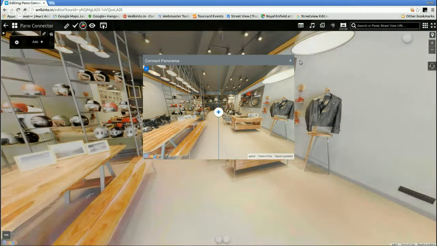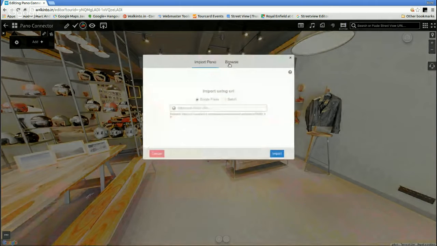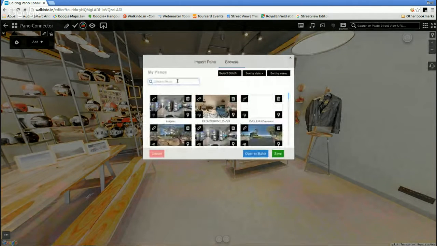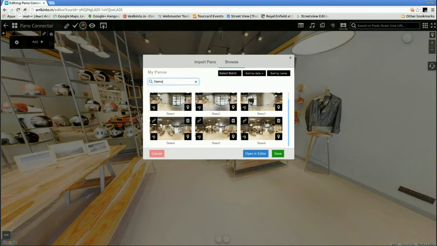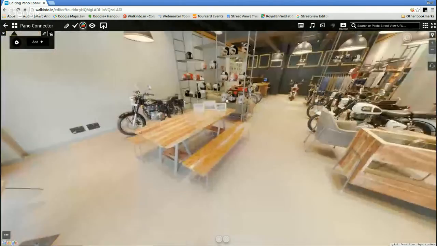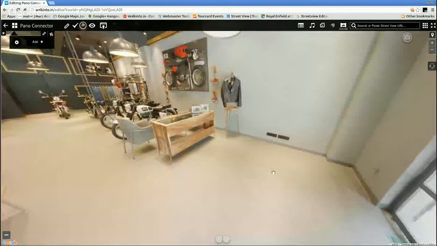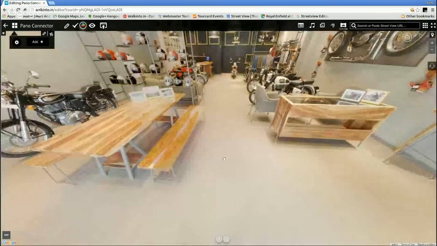What I have done is I have set up a few panels already: demo 1, demo 2, demo 3, demo 4, demo 5, and demo 6. These 6 panels form my tool. The way I want the orientation to work is, this is actually panel number 2. On my right there is a panel that's taken.